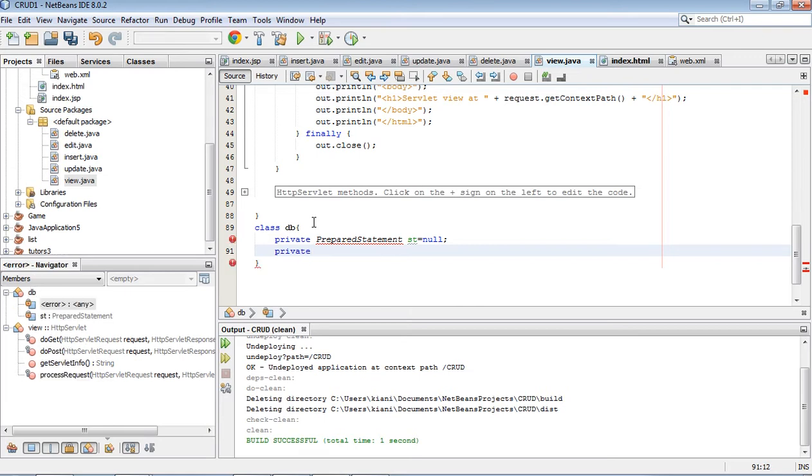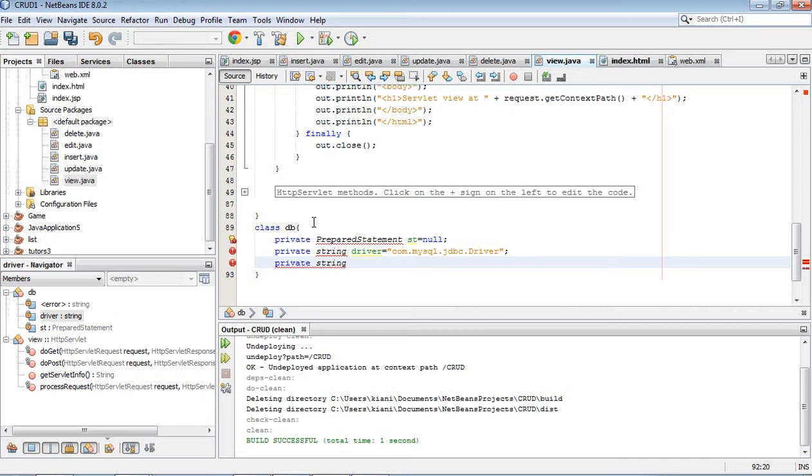Private String driver is equal to com.mysql.jdbc.Driver. Okay, we will use MySQL.